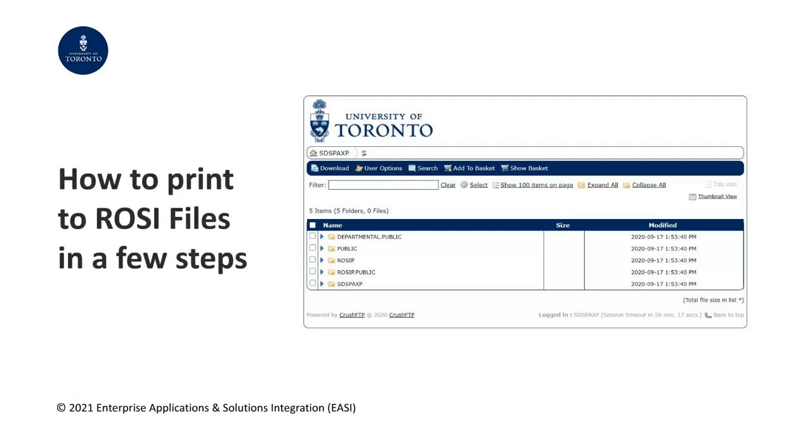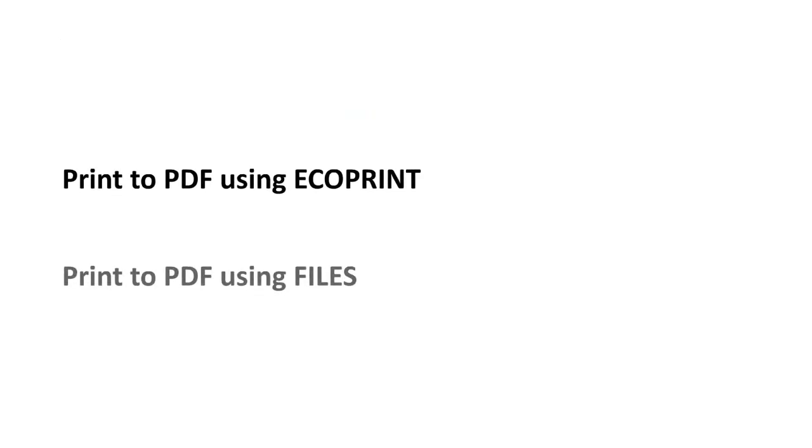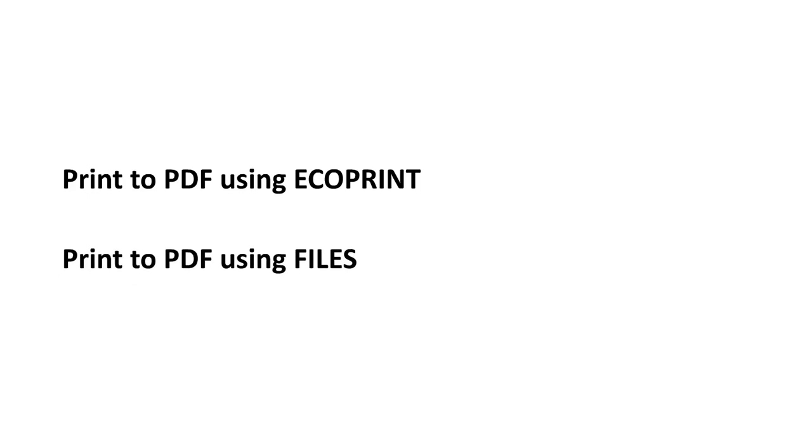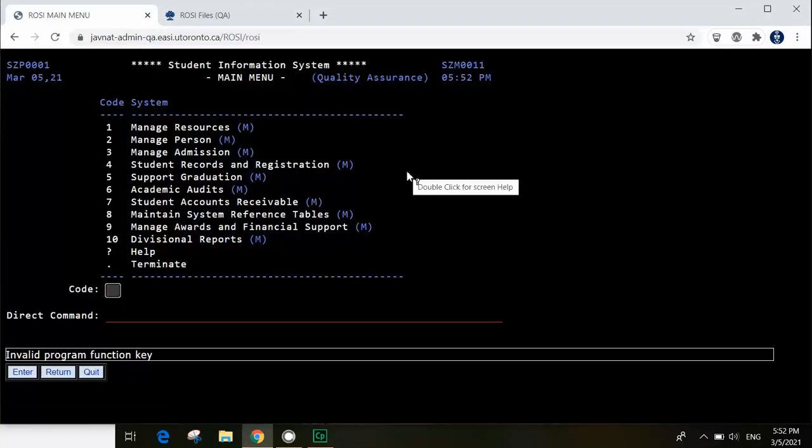How to print to ROSI files in a few steps. Here's how. We will go over how to print to PDF using ECOPRINT and how to print to PDF using Files. First, open ROSI. For the purposes of this demo, I will be using a report from the 1F Institutional